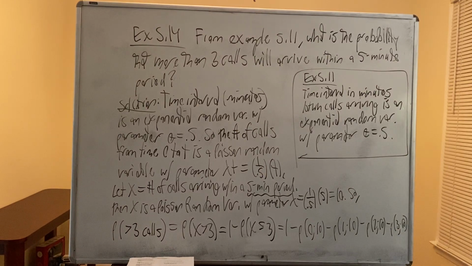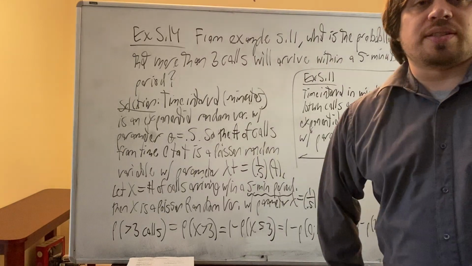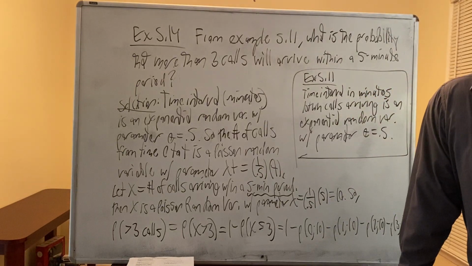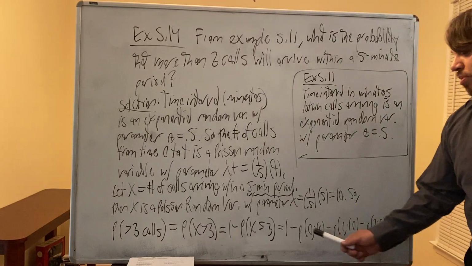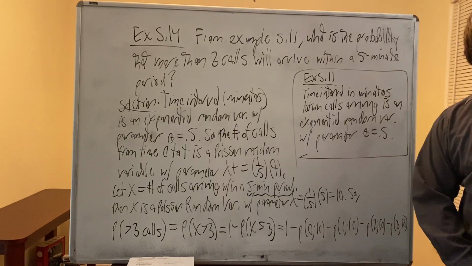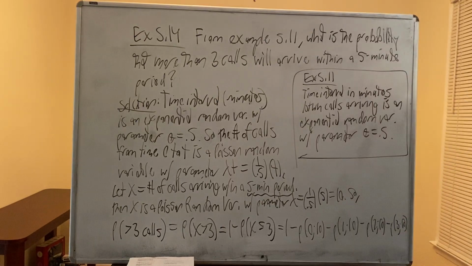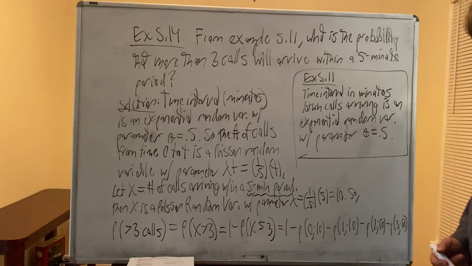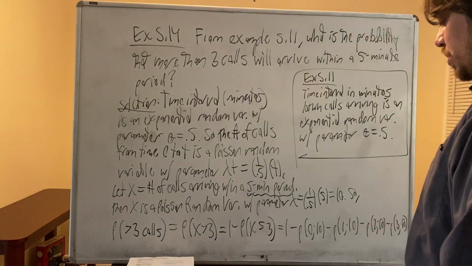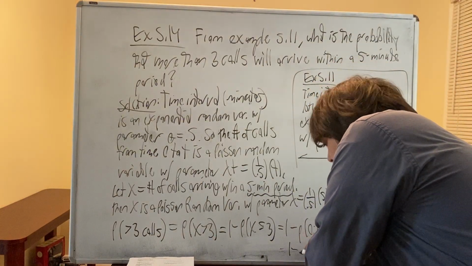And so instead of thinking of the probability X less than or equal to 3, we can think it's the probability X is equal to 0 plus the probability X is equal to 1 plus the probability X is equal to 2 plus the probability X is equal to 3. And so we're subtracting each of those probabilities, which are for the Poisson distribution. So that's P of 0, 10, P of 1, 10, P of 2, 10, P of 3, 10. And so you calculate those probabilities using the Poisson distribution, and you get 1 minus